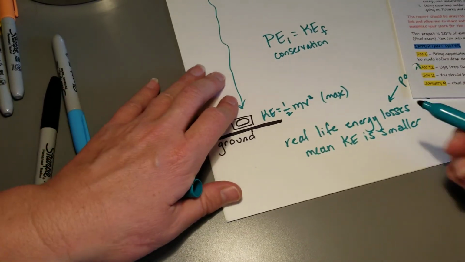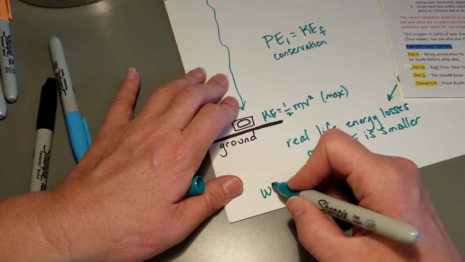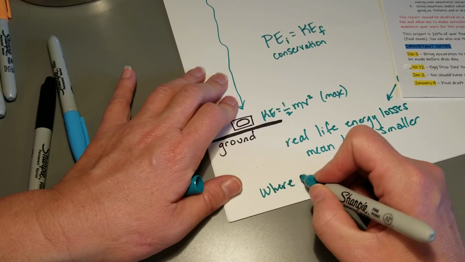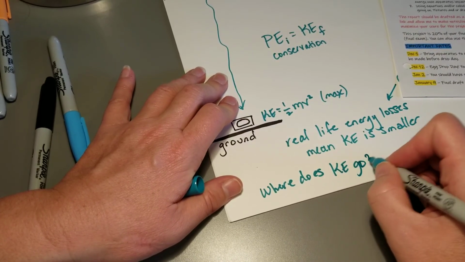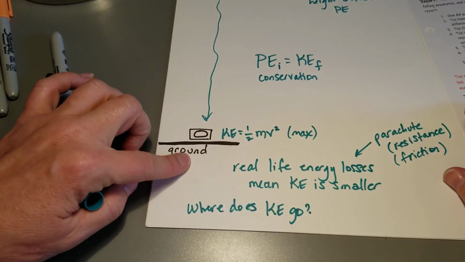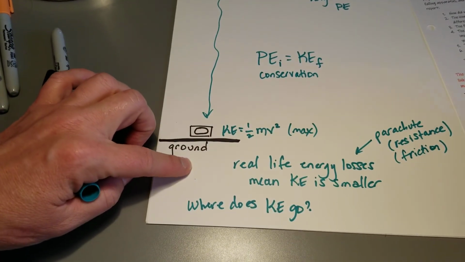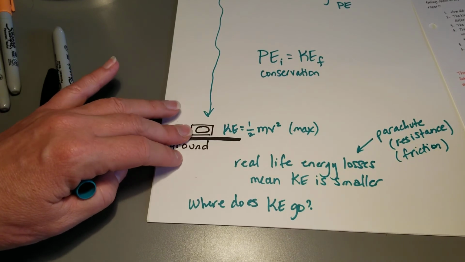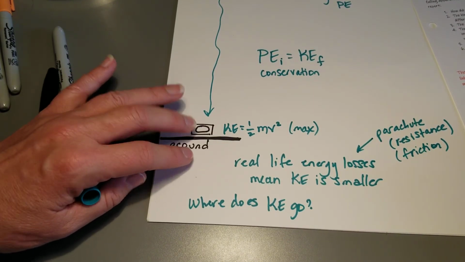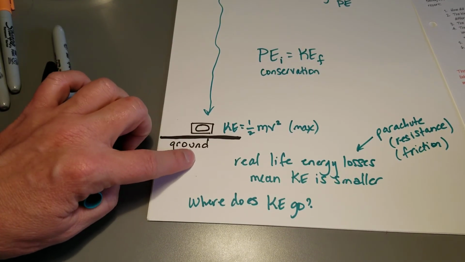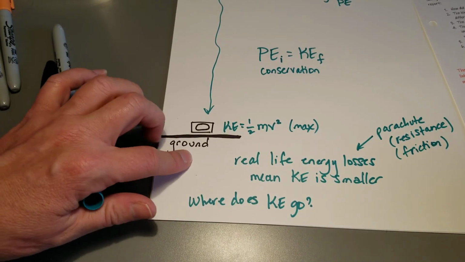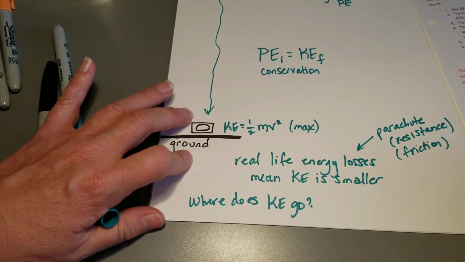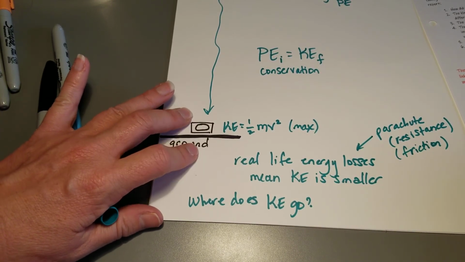The last thing I'd like you to talk about is where all that kinetic energy goes once it has an impact. So once this hits the ground, where did all the energy go? If it had 100 joules or 200 joules or 1,000 joules of energy, where did that end up going once it impacted the ground? Did you hear it hit the ground? And I can assure you that you will hear it hit the ground. It goes towards sound,